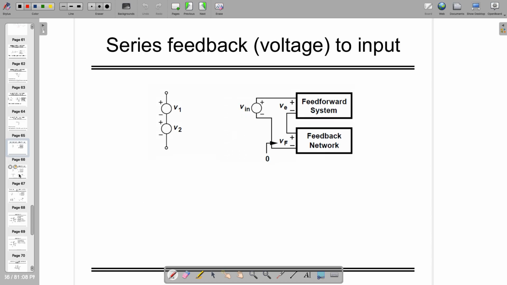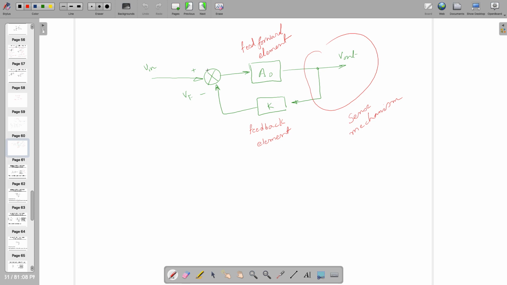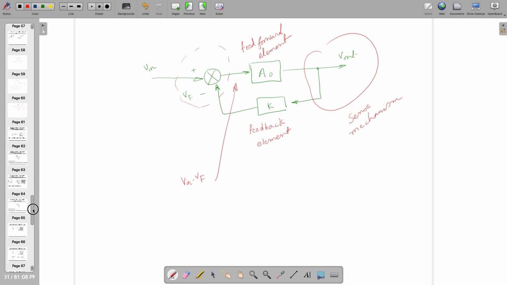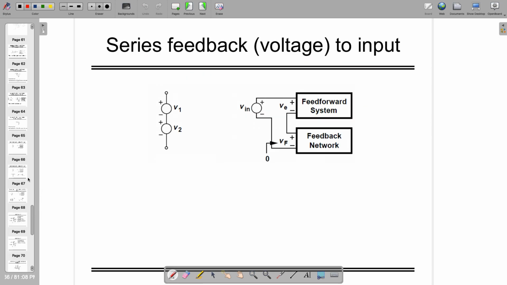Okay, this is already known to us, but what if we want to add two quantities at the input side? Because if you remember, the summing point is the one where it's V in minus Vf. So if you need that, it might be V in plus Vf. Sometimes it's current also.